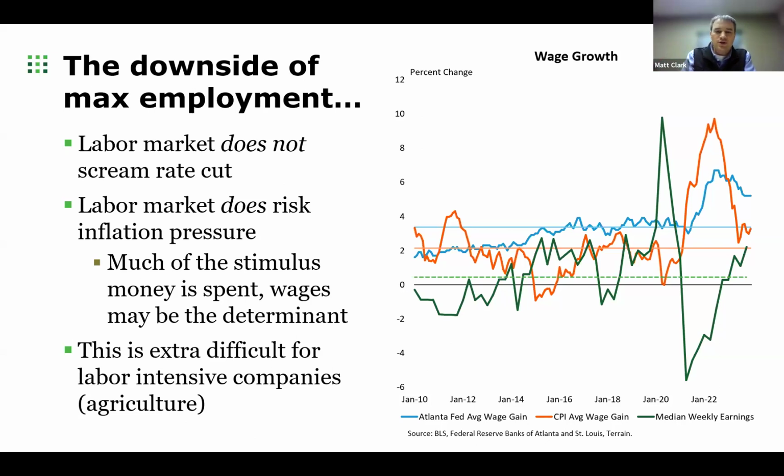So the chart on your right is just a handful of different measures. There's no one way to measure wage prices or wage inflation. So here I have a measure from the Atlanta Fed, the CPI's wage number, and median weekly earnings, which would also take into account how many hours everybody is working during the week. All of those numbers are above that solid line there, which is sort of your